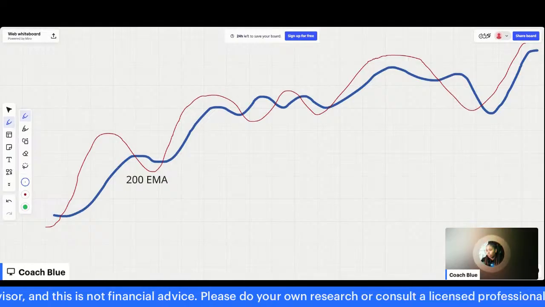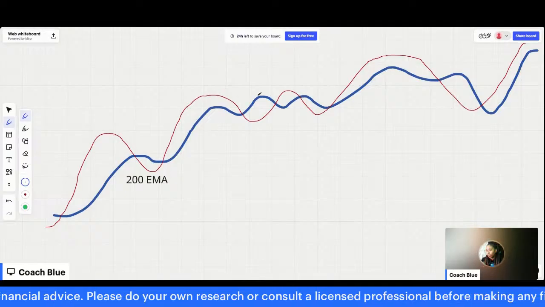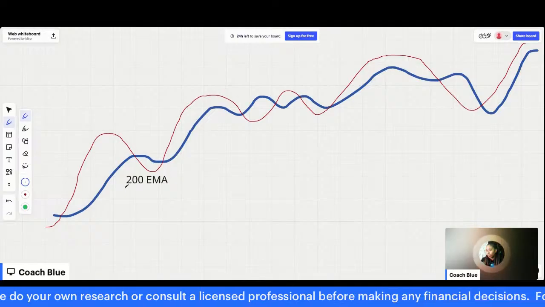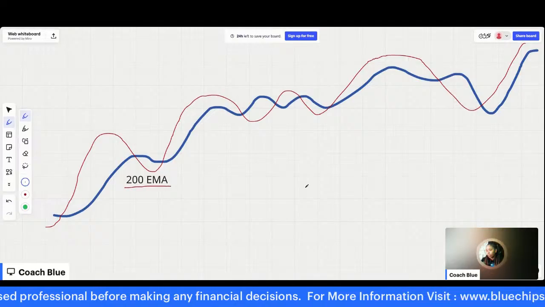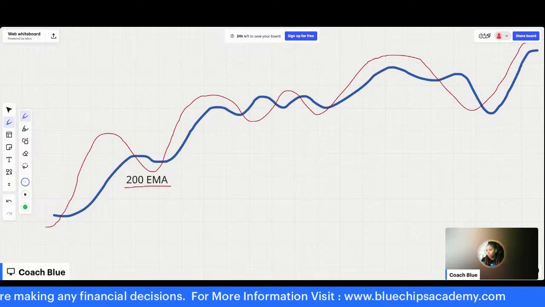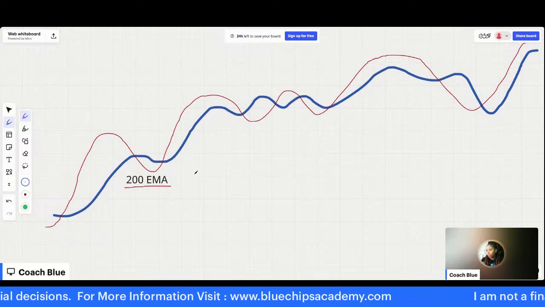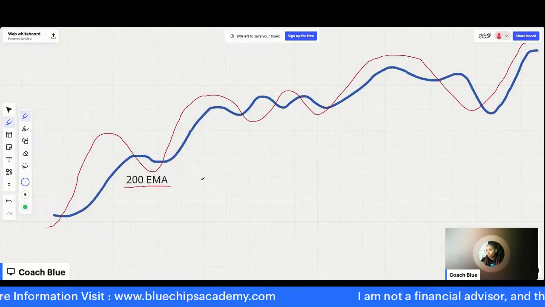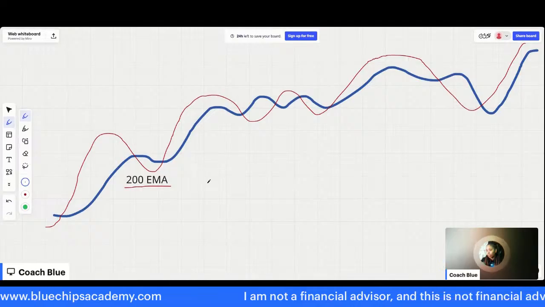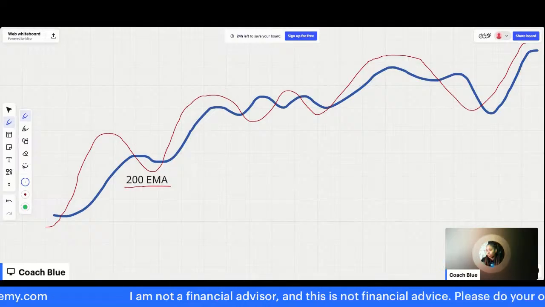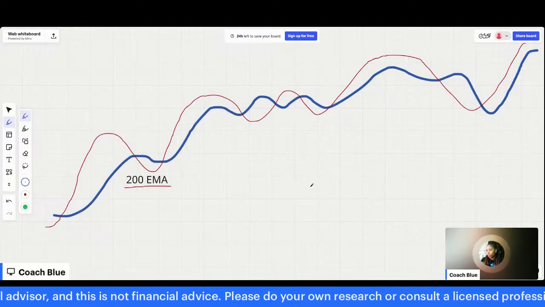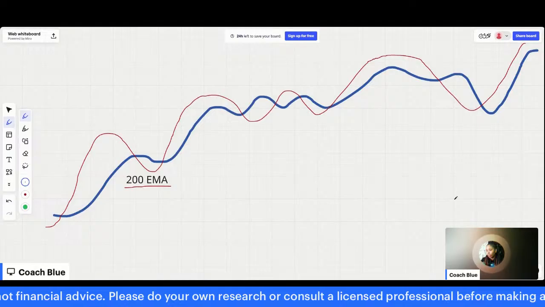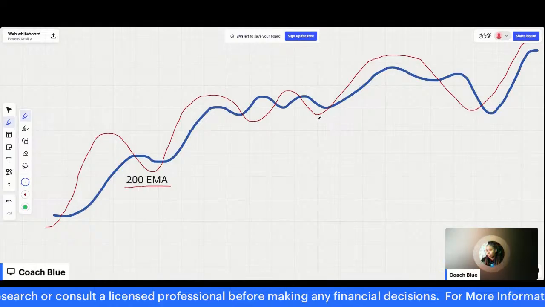So every crossover that happens in the direction of the 200 EMA is a great opportunity for entry. And I'm explaining it in this way first because when it gets to the charts and you see the candles, I want these lines to be clear and very vivid for you all.